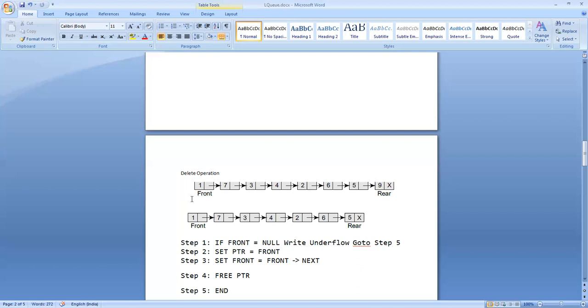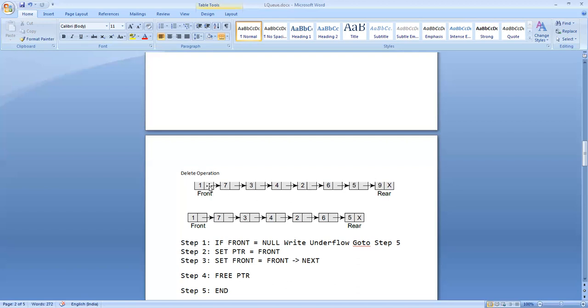First of all, I check whether t is not equal to null. While t is not equal to null, I display t reference info, 1. Then t next is given to t, so t moves to the next node. Again I display t info, 7. Then t next is given to t, pointing to the node having 3, so t moves here.